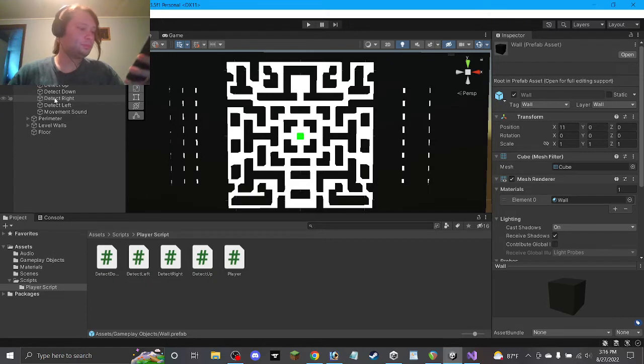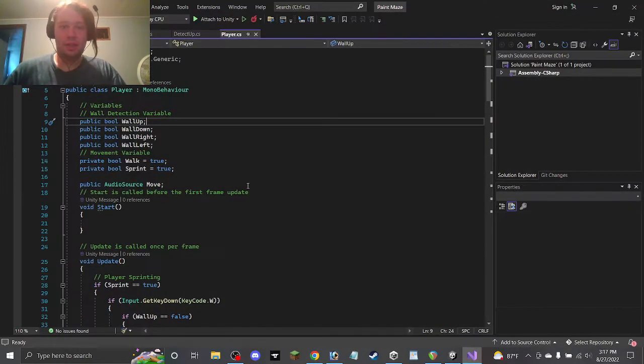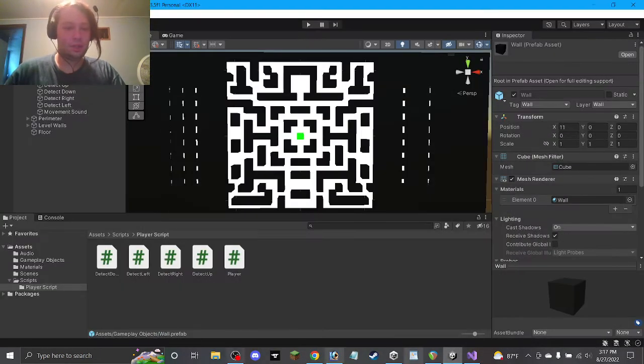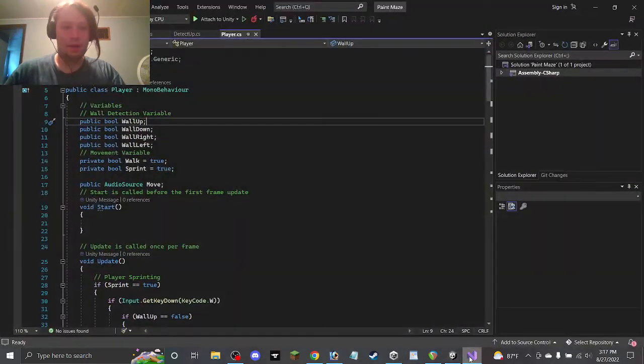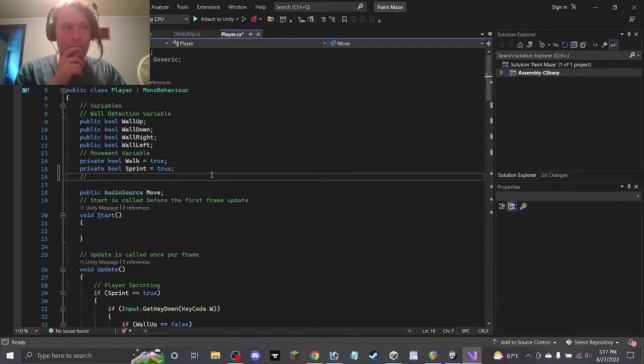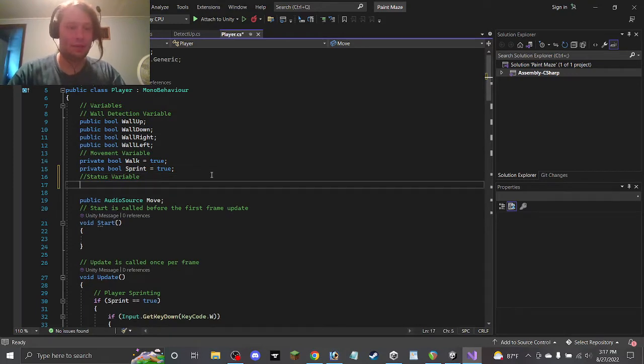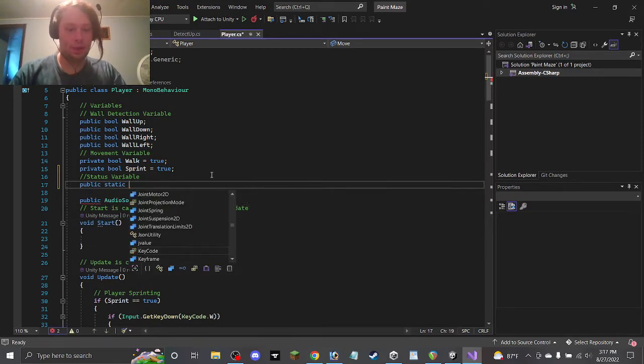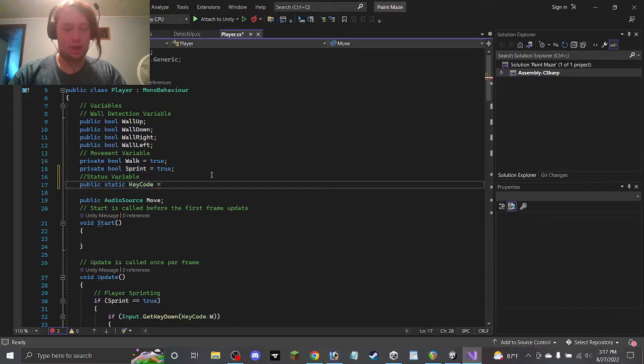Great. Fantastic. So the first thing we're going to make today is a key and lock system. Now, there's one thing that we gotta do first, and that is to set up some variables. So, I guess I'll have a status variable, despite the fact that it's not technically a status. So this is going to be a static variable. So key, I should capitalize it, and I guess